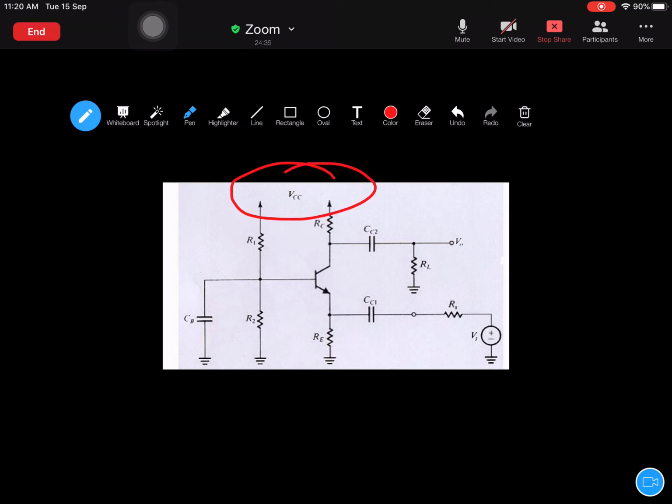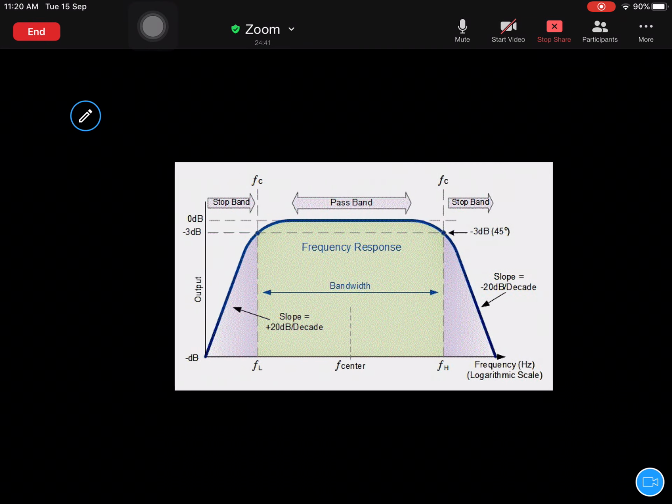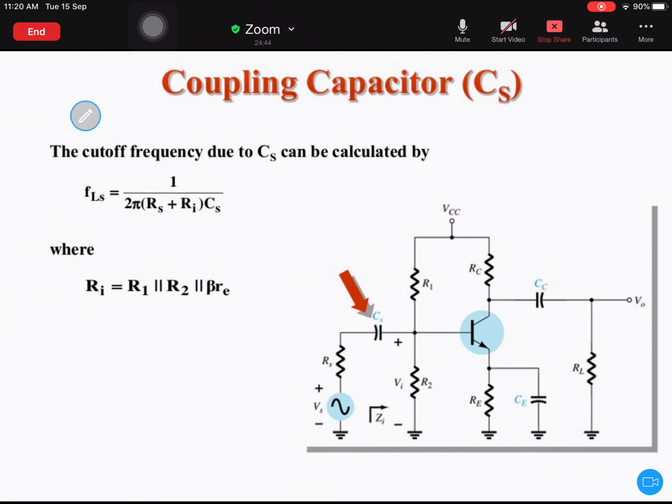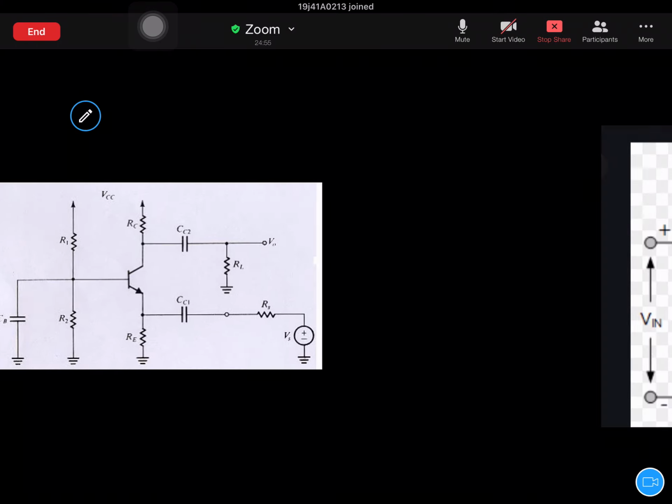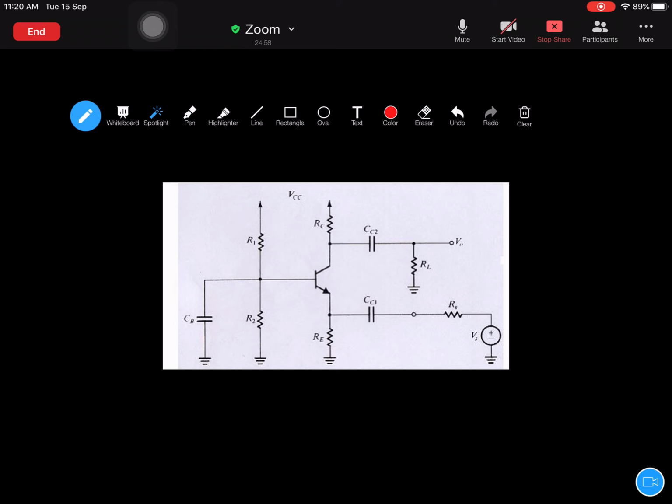So this is similar to the diagram that I will show here. This one is similar to this one. Here also, if you draw two arrows, or if you indicate VCC, that is also the same. So don't get confused, don't think that this is something different. This is one and the same. Here the DC biasing voltage is given across two resistors R1 and RC, and it is connected to the collector side. The collector side is the output, and here you have a coupling capacitor.